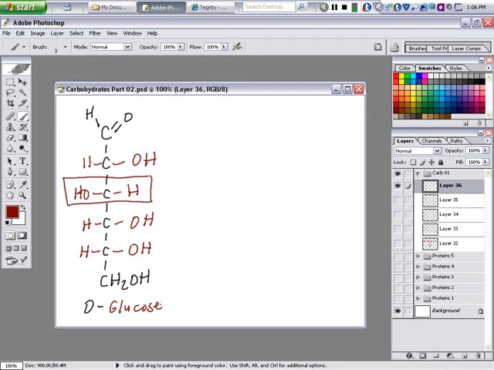Excellent. Her question is, if you wanted to make L-glucose, let's just go ahead and draw L-glucose. For L-glucose, if I want to make the mirror image, do I need to put the O on the aldehyde on that side? It doesn't matter. It's not a chiral center. It's flat, so it's the same both ways. But these others are not flat. 1, 3, 4, 5, and CH2OH. And so to make L-glucose,